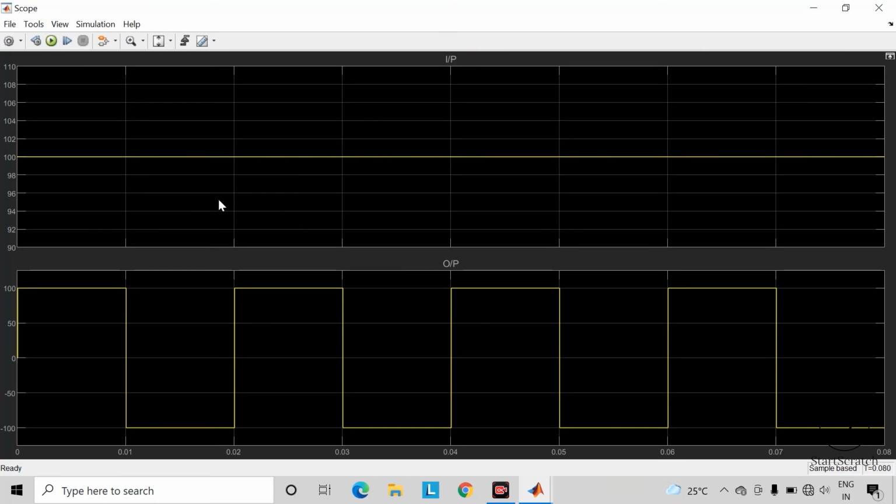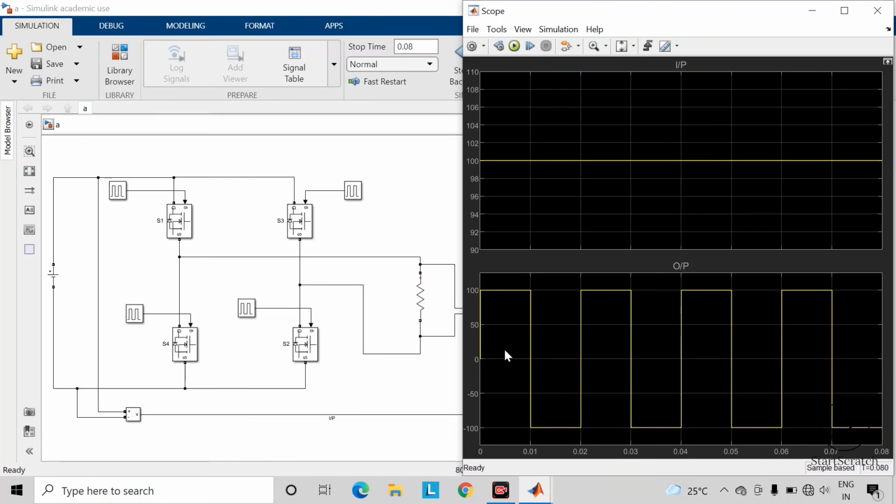So as we can observe here, this input voltage waveform is of 100 volts, which is constant DC voltage, and this second waveform is of the output voltage, which is a square waveform. So this waveform, as we can observe here, its magnitude is varying from plus 100 volts to minus 100 volts. So during this first half cycle, our switch S1 and S2 will conduct, and current will flow from this DC voltage source through this S1, and from S1 it will enter into this load from this upper side, and then it will come back to the source through the switch S2.